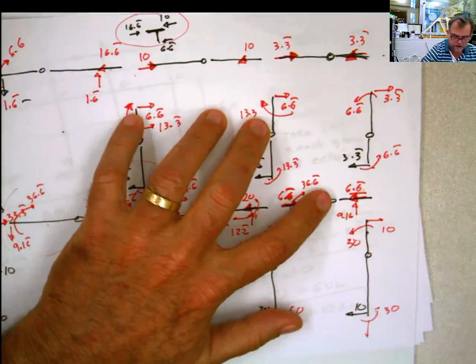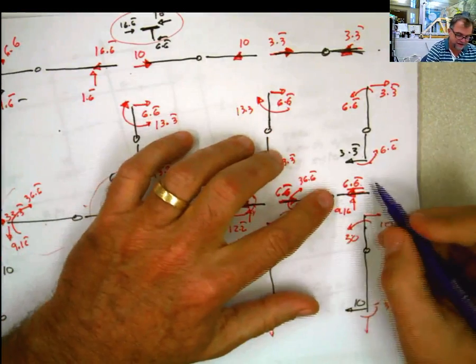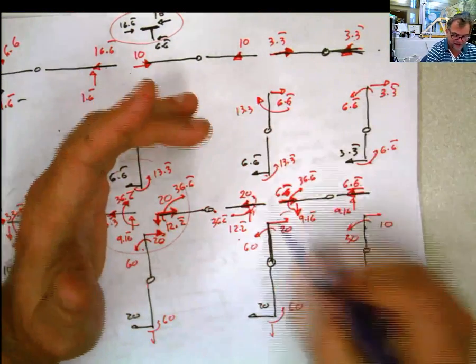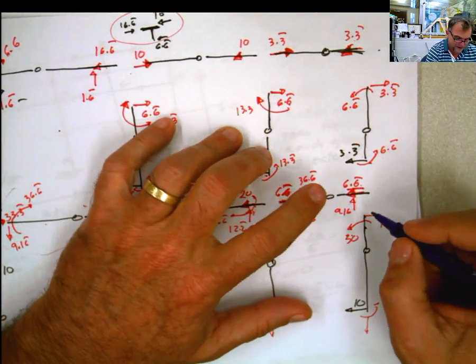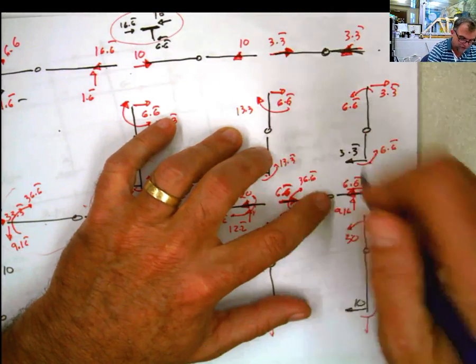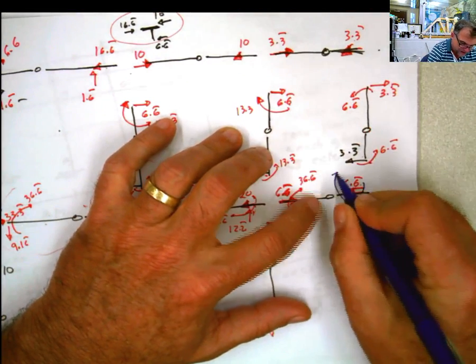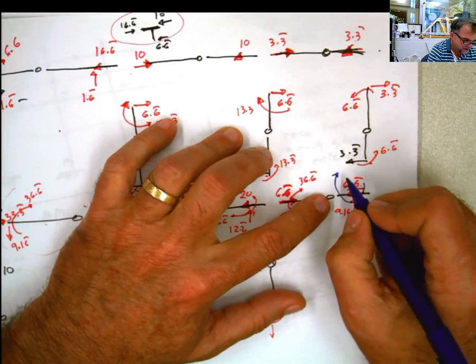I can write more in red. This looks like one of my students' papers when they're correcting it. Everything is red. So this is 9.16 times 4. So the moment should be here, 9.16 times 4 in the other direction, which is 36.6